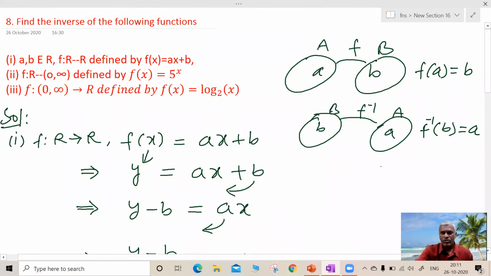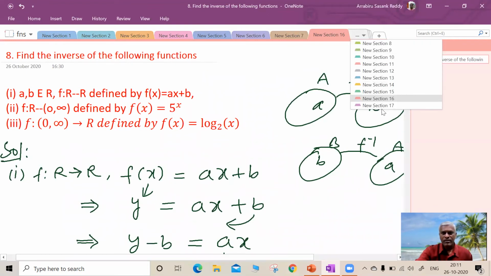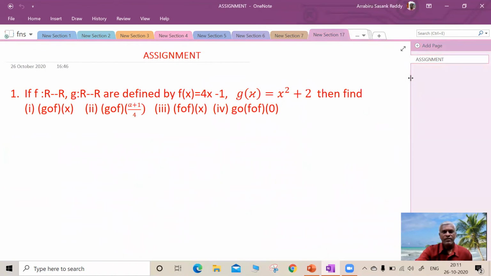So you go through the video as many times as you can and prepare your notes and practice this assignment. You complete this assignment. It is almost similar to what I just now explained. Do this without fail, after preparing your notes well. This is an example problem from the textbook. You can follow the textbook. You can make use of the textbook also.